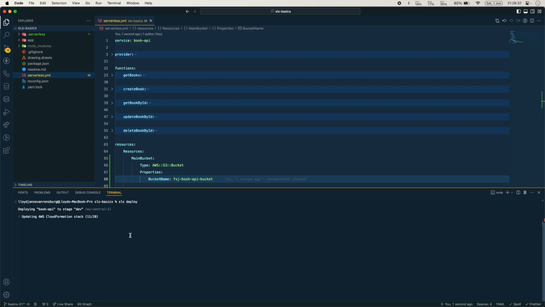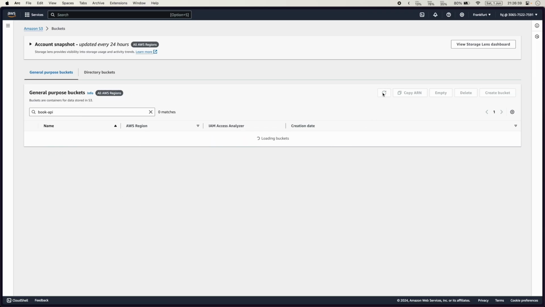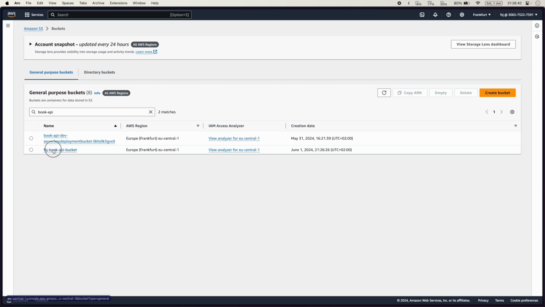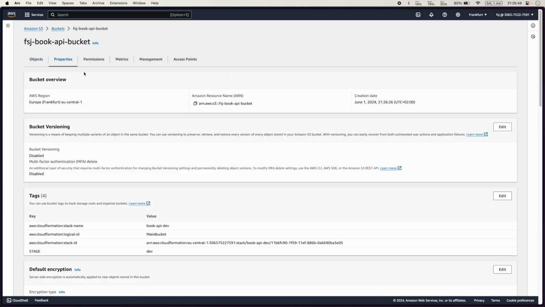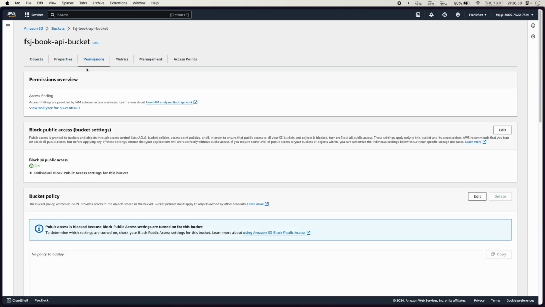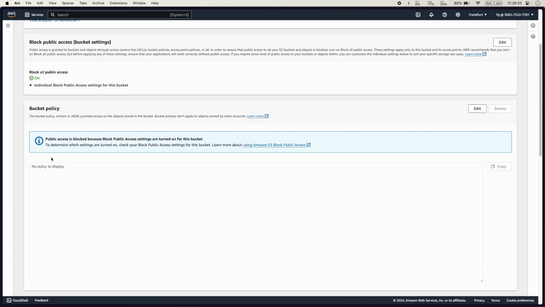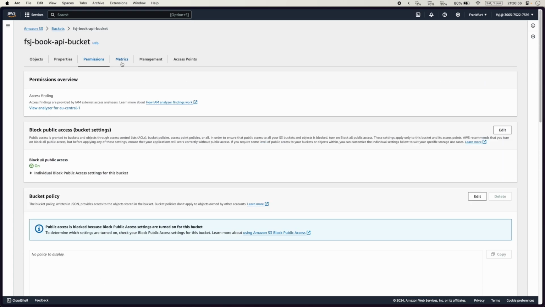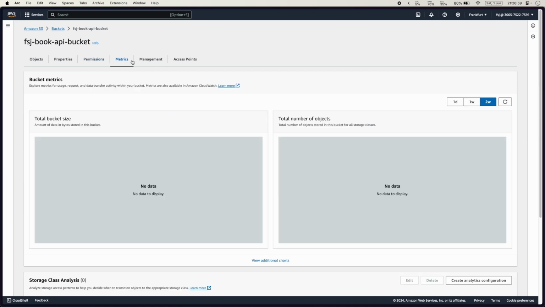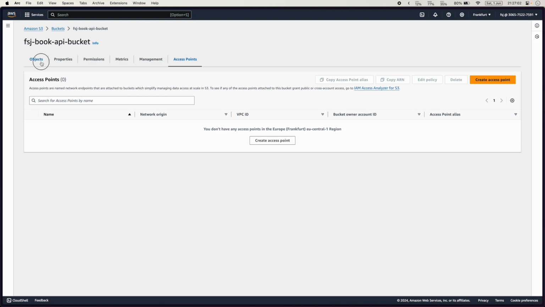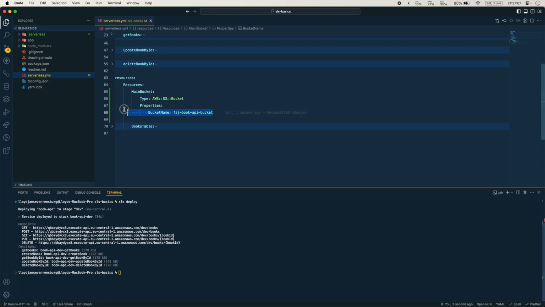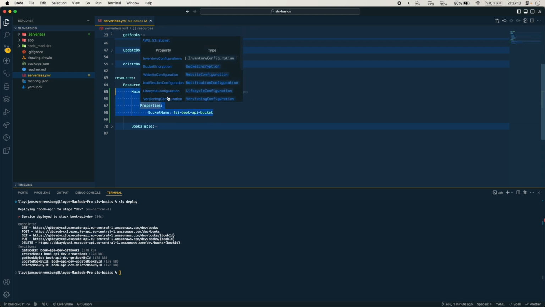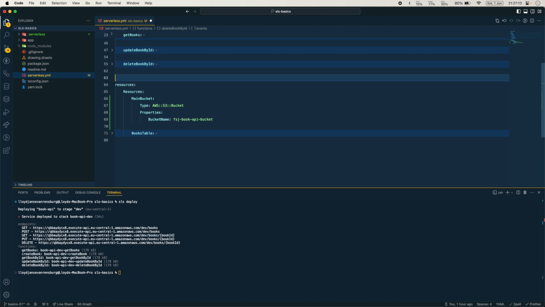Okay, and this is not even completely deployed yet, but this bucket resource part of the step was obviously already done. So if I take a look at this bucket, we can see there's no objects in there. We can view some of the properties, and some of these permissions we will be setting through the serverless framework and the CloudFormation for the bucket. Here we can view some metrics, management, and access points. So let's actually set up two more important parts of this bucket so that we are able to generate pre-signed URLs. I'm actually gonna wait on that, and